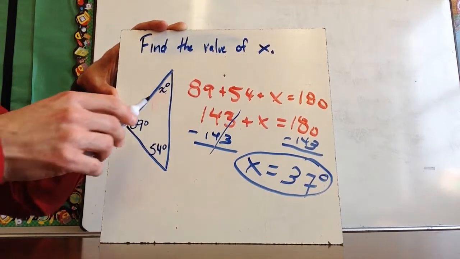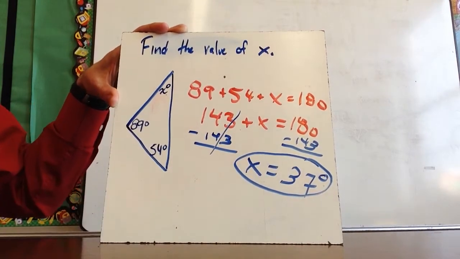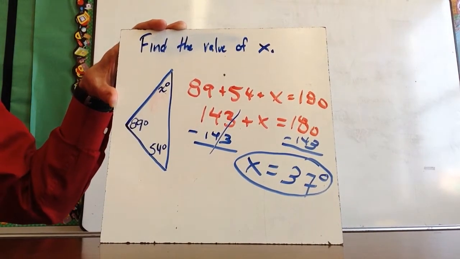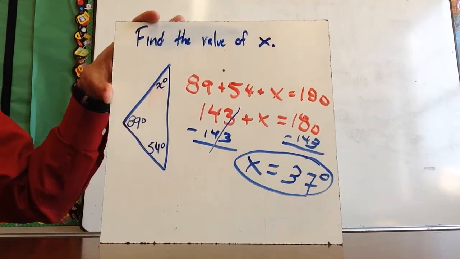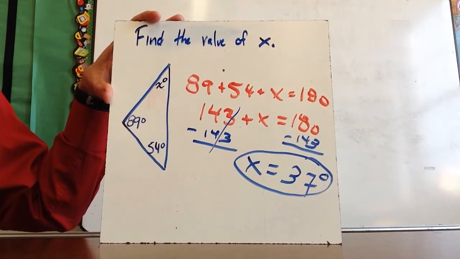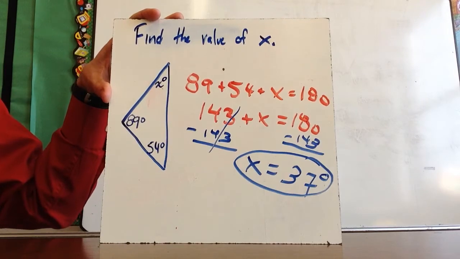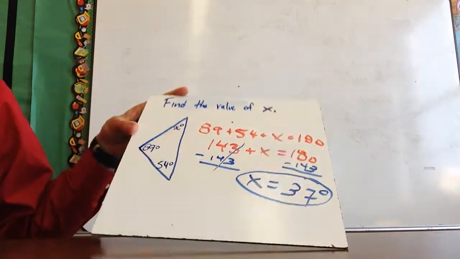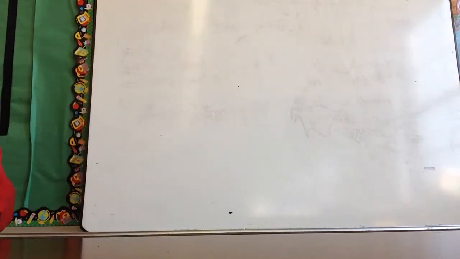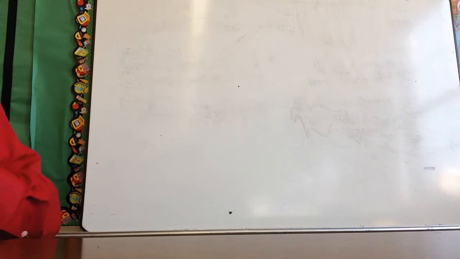And then if I want to check my answer, I go 37 plus 89 plus 54 and make sure that it adds up to 180. So that's one major concept from this chapter. The second major concept, let's look at this one,